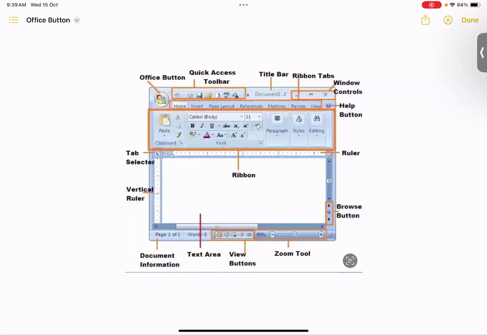We have a number of functions within Microsoft Word. It's applicable to Microsoft Excel and MS PowerPoint also, but there is a little bit of variation. Now, if you look at the different components within MS Word, you will see that